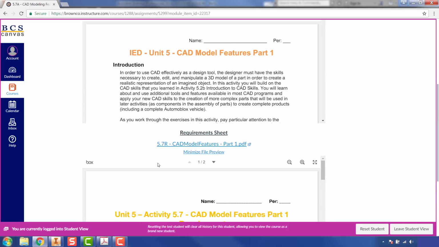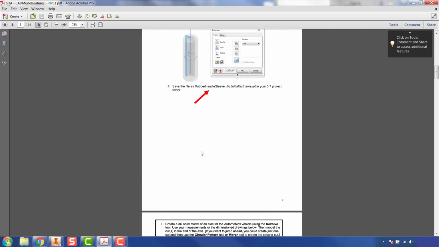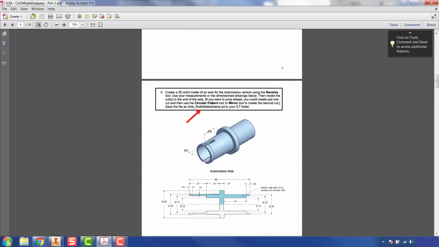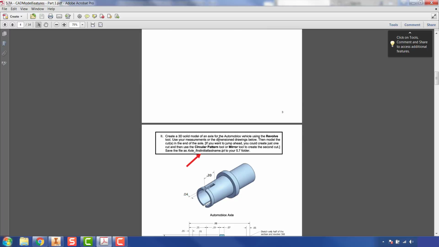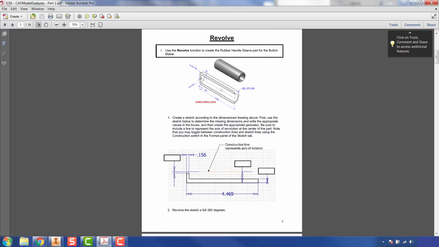So if we go to our activity sheet, which I have pulled up here, the first part that you are going to make is this rubber handle sleeve, and if you look at the top of the page, we're going to use the revolve command. In this first part and also the second part, which is the axle, we'll both use primarily the revolve command to complete these parts. So the first thing we need to do, though, is take a look at the activity